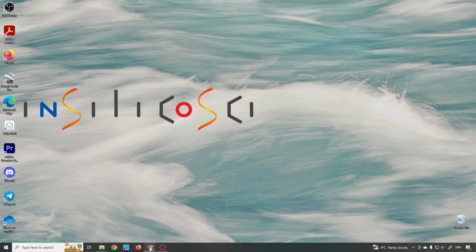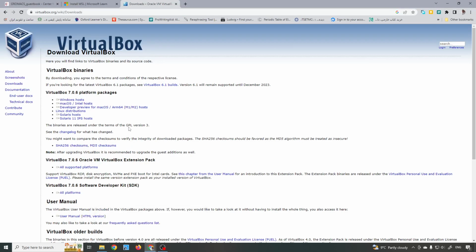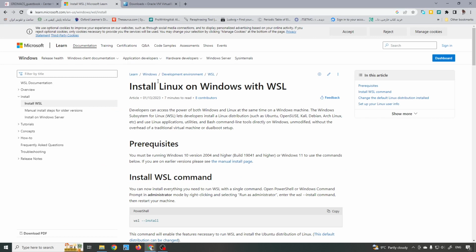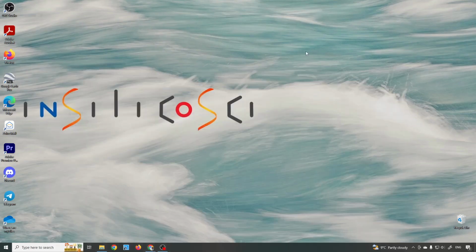In the past, if you wanted to install a Linux on a Windows machine, you had to use virtual software like Oracle VirtualBox. But from Windows 10, there's a feature inside Windows called Windows Subsystem that can do virtualization for you. Because Windows Subsystem is more integrated inside Windows, we use this instead of virtual machine software. And actually installing Linux on a Windows Subsystem is an easy task.